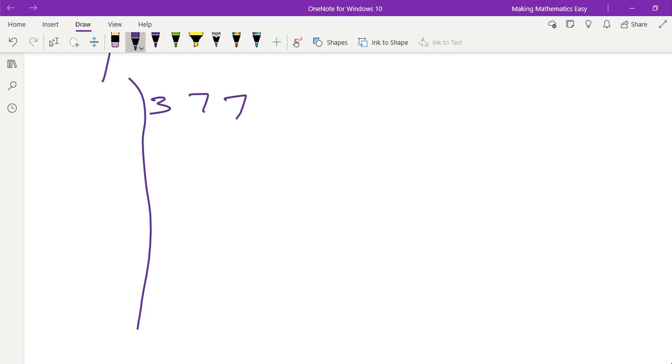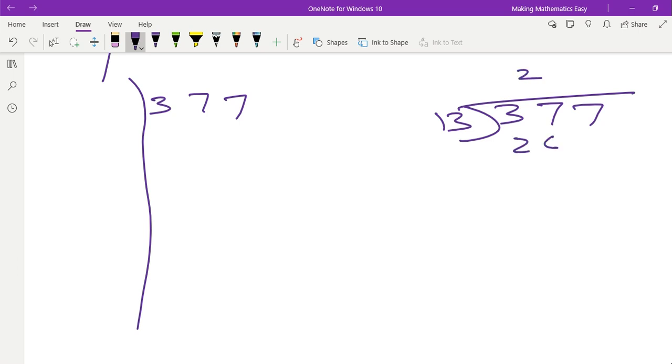Now we need to check in prime number. So in case you find any number which is neither divisible by 2, 3, 5, 6, 7, 8, 11, then you need to divide it by prime number. So let us divide it by 13. 13 twos are 26. So this will be 1, this will be 1, and this will be 7. Correct?